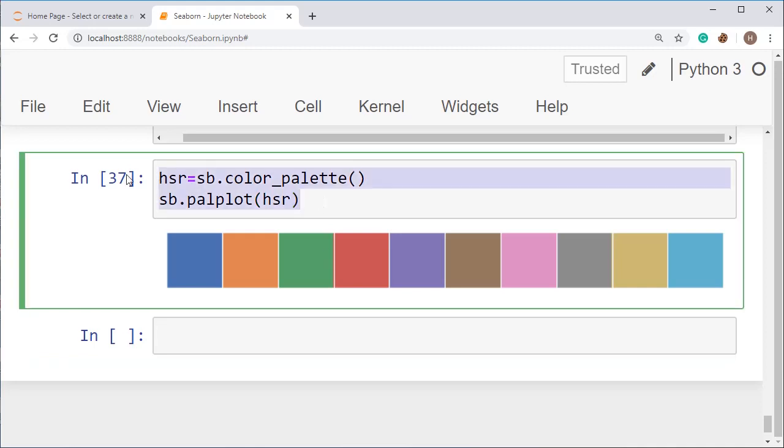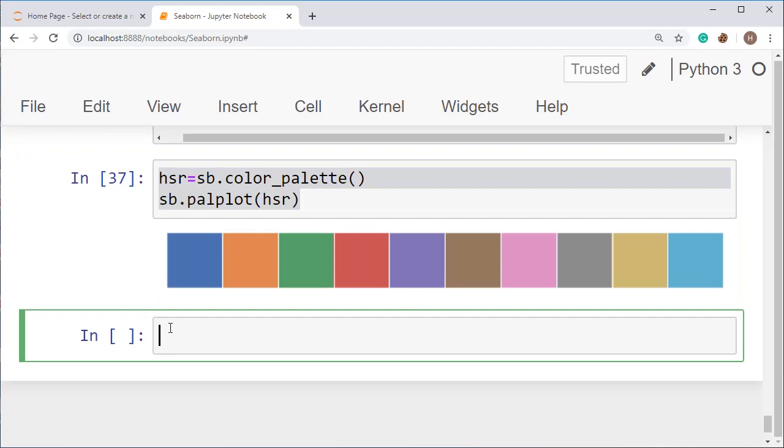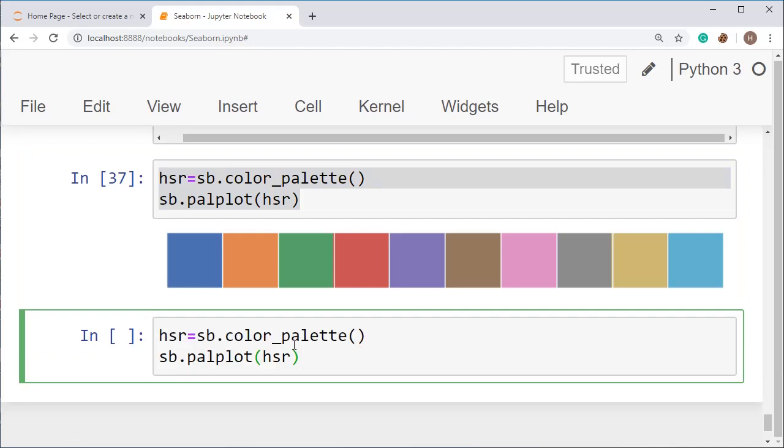Just copy this code and paste it here, and you just have to change sb.color_palette and put greens here. All right, greens. And in palplot you have to use sb.color_palette and put greens in the parenthesis.